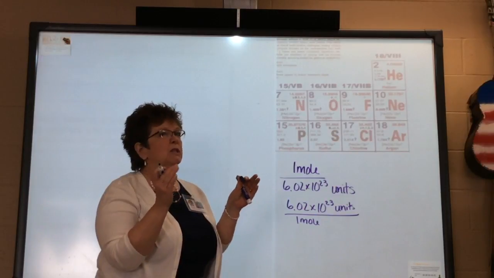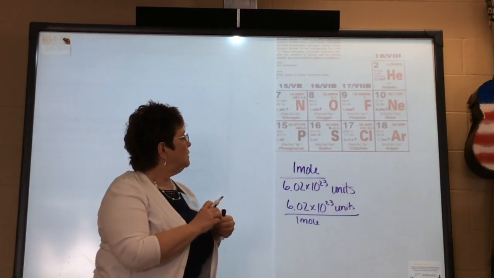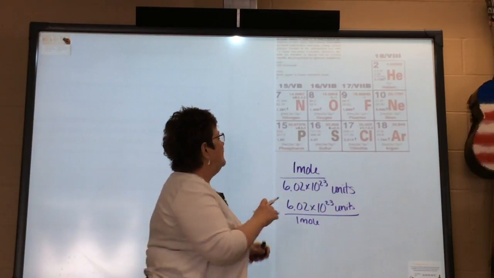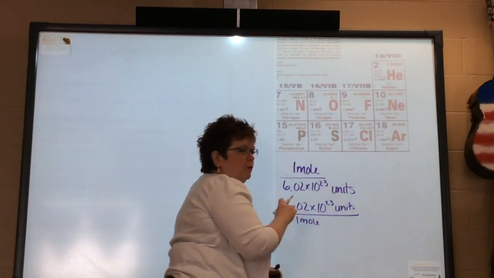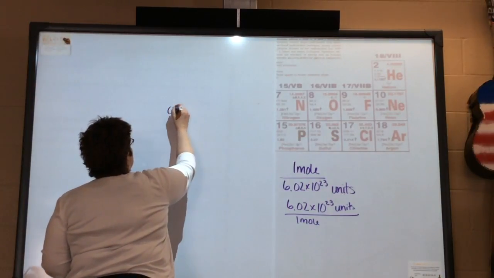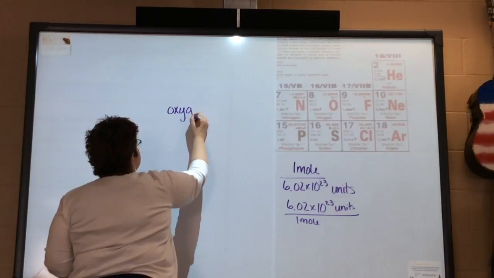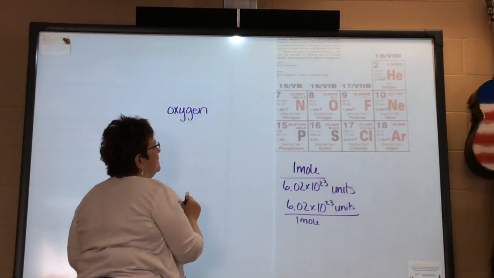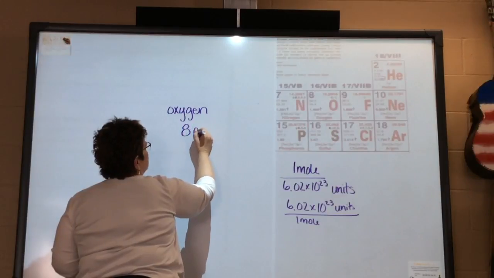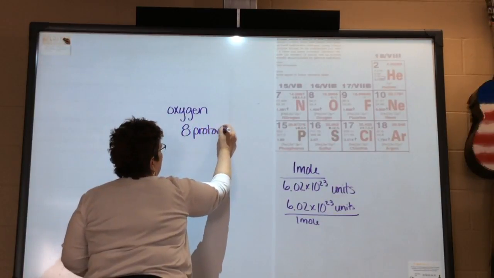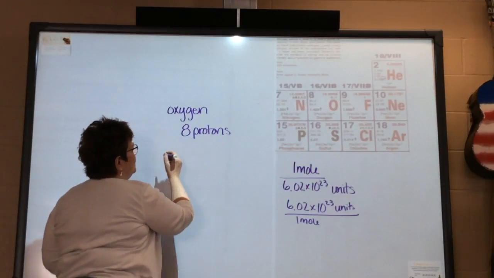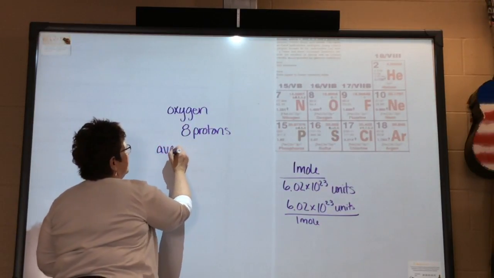Let's look at some numbers that are out there. So I want everyone to look at oxygen. If you'll notice that there are numbers in here, again, use your key if you're not familiar with what it's all about. So I'm going to utilize oxygen in my example. And oxygen is number 8, which means it has 8 protons in it. And it also means, if you look at that red number up there, which is the average atomic mass,